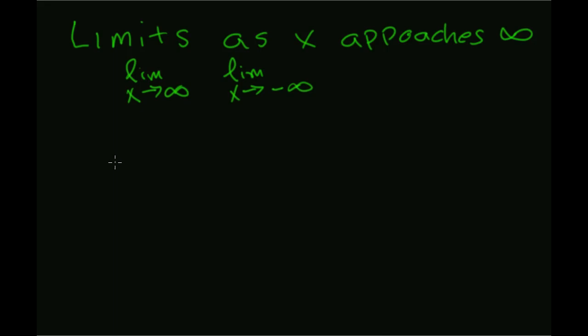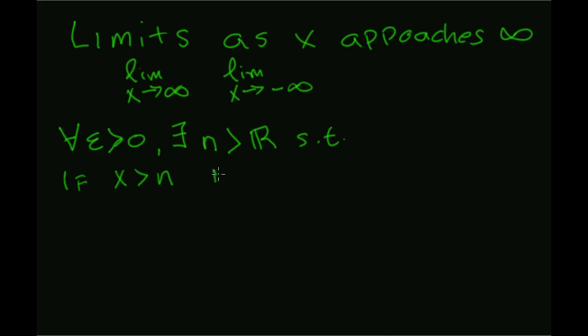Okay, so there's a technical definition here, which is that for every, so that's that upside down A again, for every epsilon greater than 0, so we again have this two-player game. You have an epsilon player who's picking a number bigger than 0. There exists, so that's the backwards E, and there's the second player. He's going to pick an N, so this time instead of picking some number bigger than 0, he's just going to pick some real number, such that, if the x value is bigger than n, then